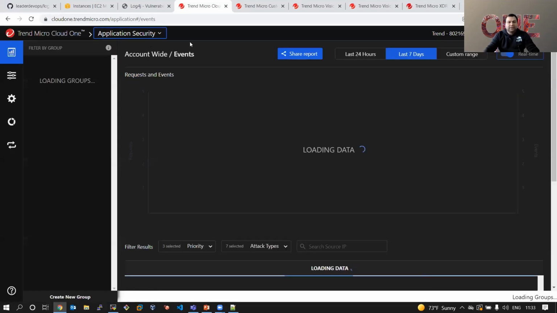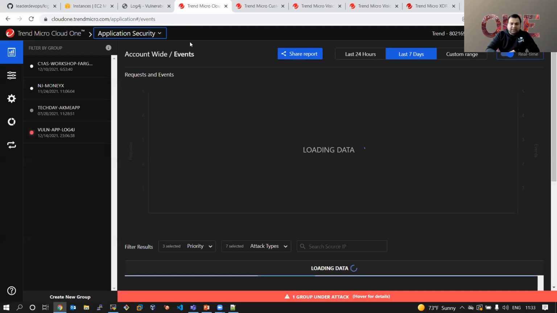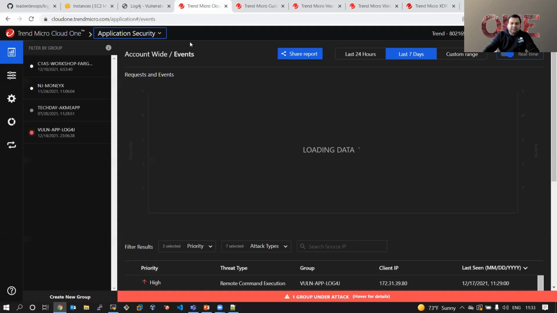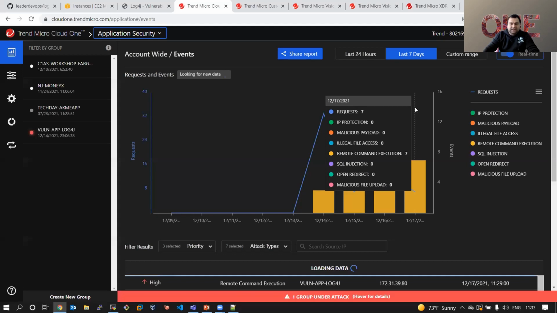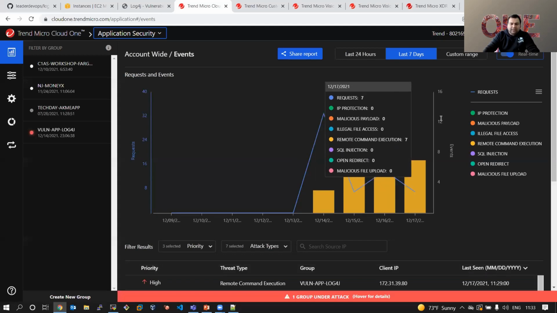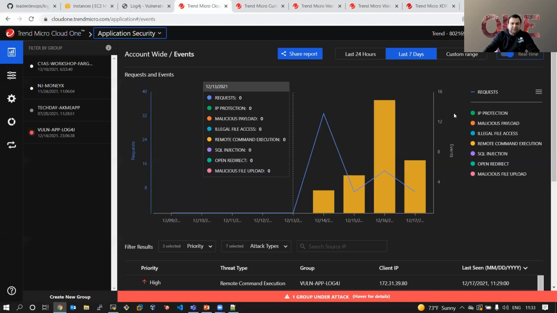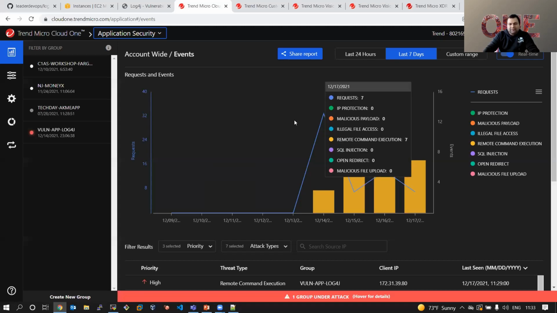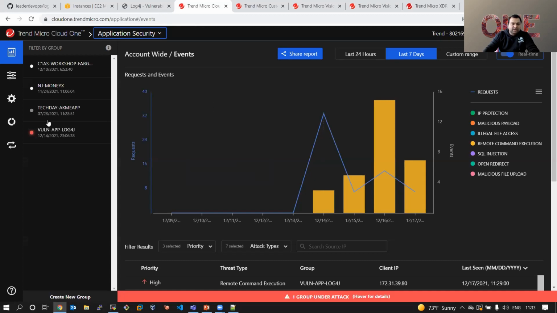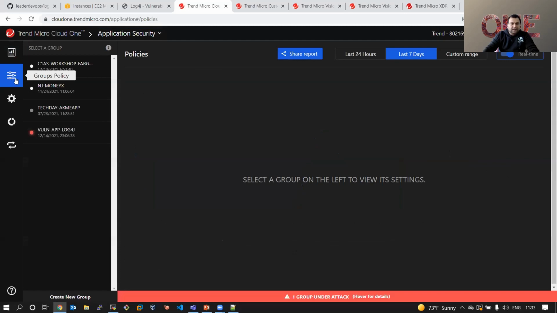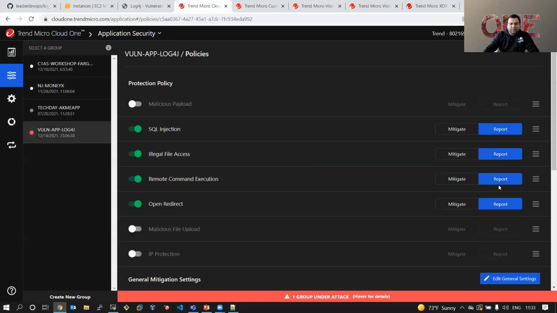Application security, like we mentioned earlier, is a RASP engine, and it runs a Trend Micro agent. We call the Trend Micro library inside your code. We support Java, PHP, Ruby, Python, and many different languages. So you just need to add a few lines of code in your environment. This is where it's really effective during runtime, when the application is running. If any attacks happen, it's going to protect your application from such attacks. Now, let me first go to the policy here and show you how it detects.